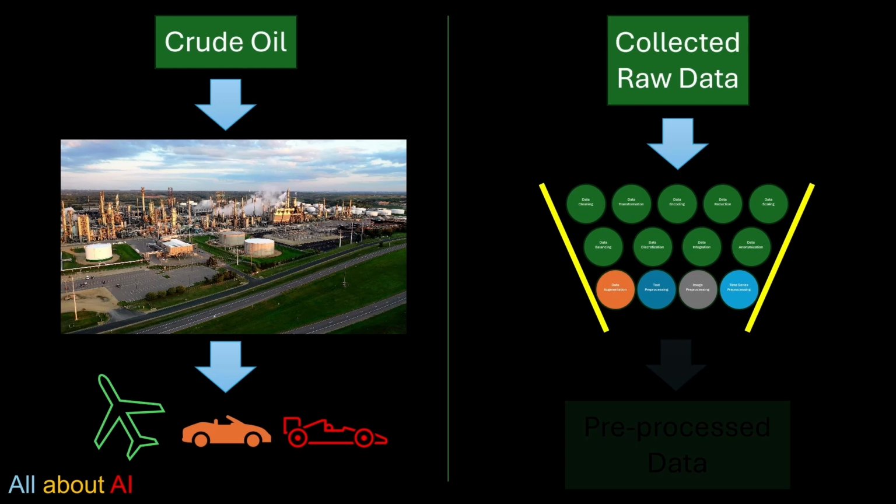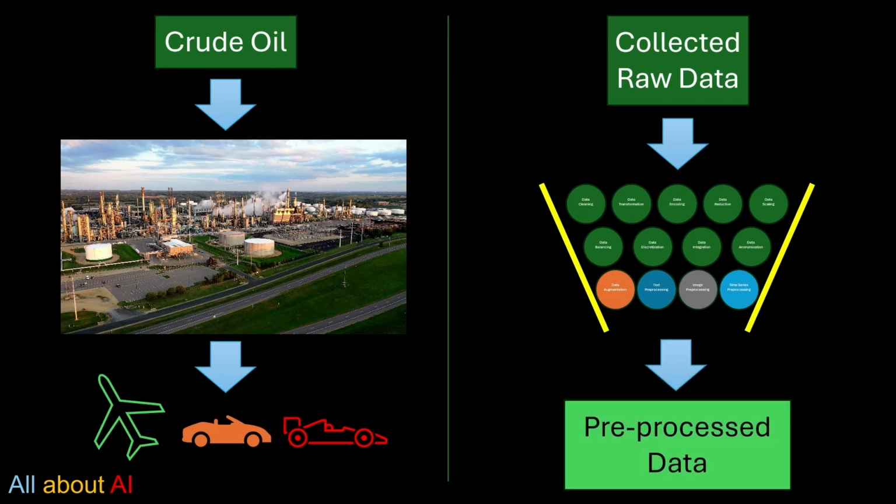Now, different algorithms have different needs. Just like the Formula 1 car, the quality of oil and the normal car quality of oil differs. Similarly, some of the algorithms require very sophisticated pre-processed data, while some algorithms inherently come with data pre-processing and